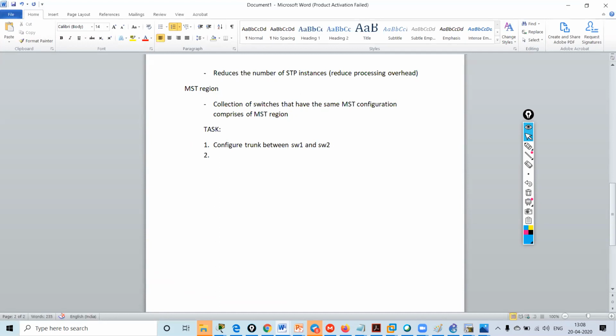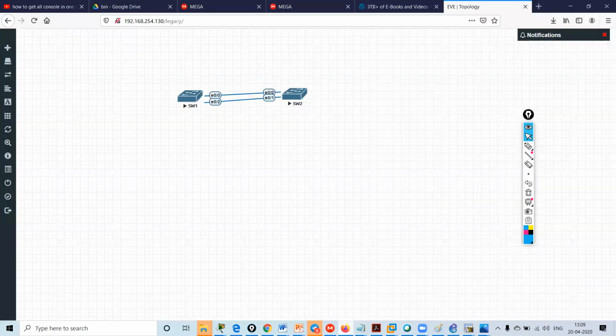The next thing I have to configure is VTP to sync VLAN information. The third thing I will be doing is creating VLANs 10, 20, 30, and 40. So I'm having the same scenario over here.